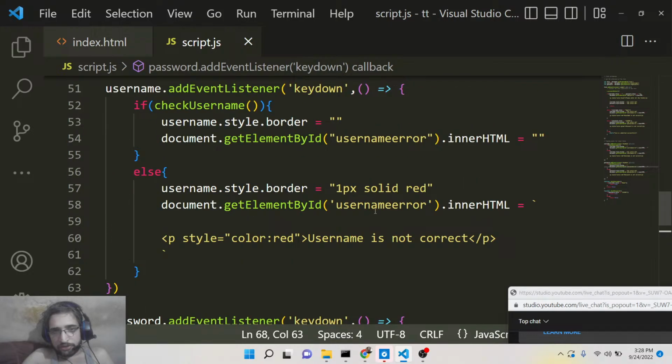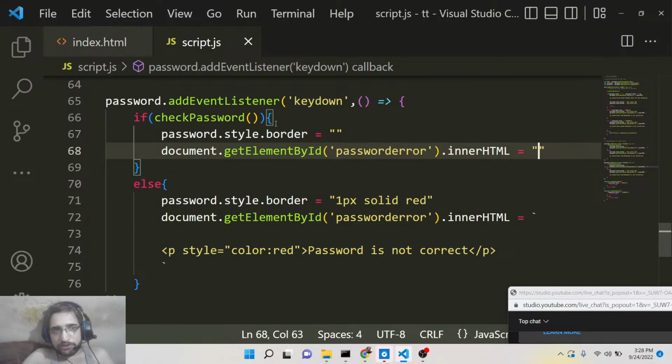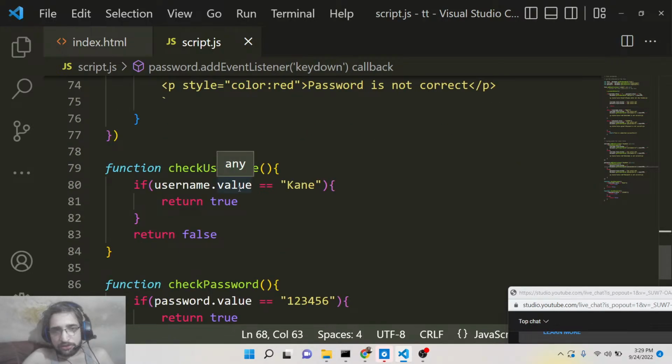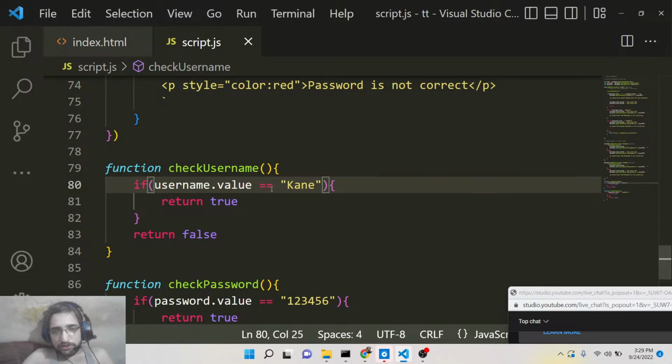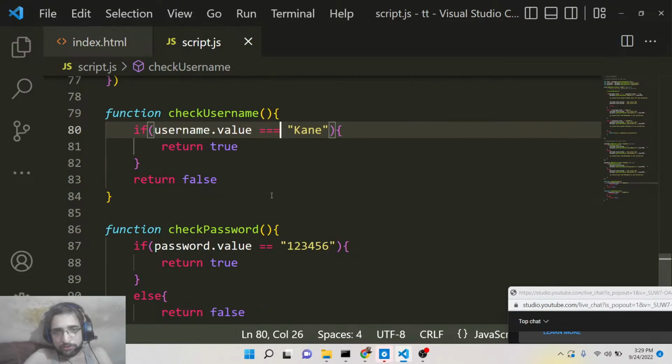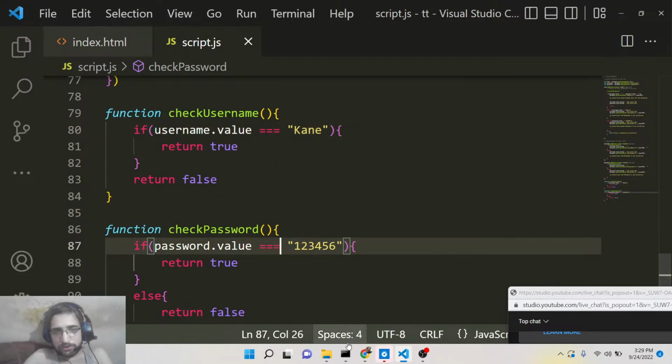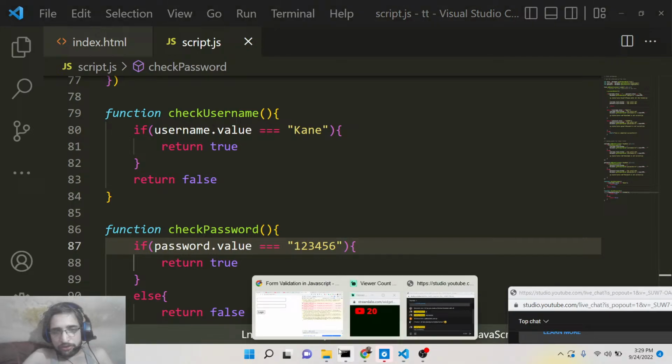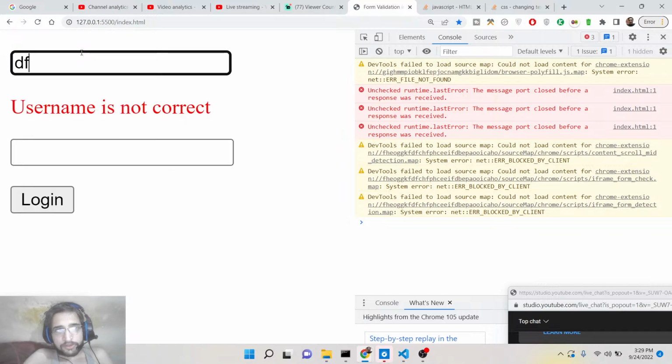Password error, username error, inner HTML to nothing. So basically here we are calling this method, guys. I think we simply need to say triple equal to. I think we need to say triple equal to, that's why. So if you see, guys, now